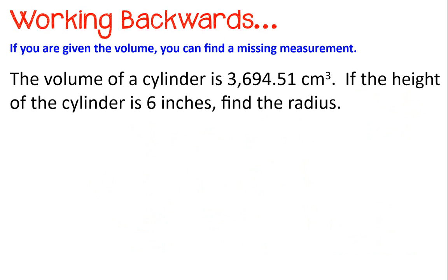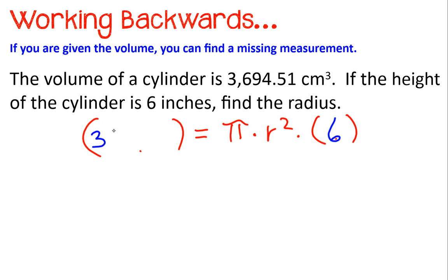Alright, now this is probably one of the hardest questions you'll get. The volume of a cylinder is approximately 3,694.51 cubic centimeters. If the height of the cylinder is 6 inches, find the radius. So remember, we're filling in the variables that we know, and this time we know the height and the volume. We don't know the radius. So when I fill in the height, which is 6, and I fill in the volume, which is 3,694.51,